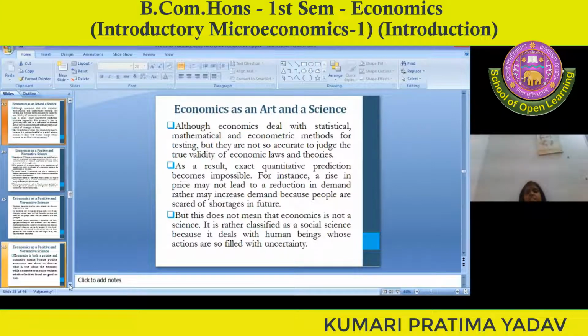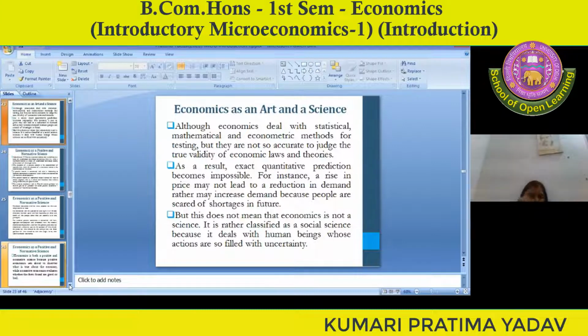But this doesn't mean that economics is not a science. Even after all we have discussed, it doesn't mean that economics is not a science. It is rather classified as a social science because it deals with human beings whose actions are so filled with uncertainty, which I have told you. It means we are not like robots or artificial intelligence. We have certain data, we will produce the same thing. No, humans are different. If you give the same thing to read 10 times, they will come up with